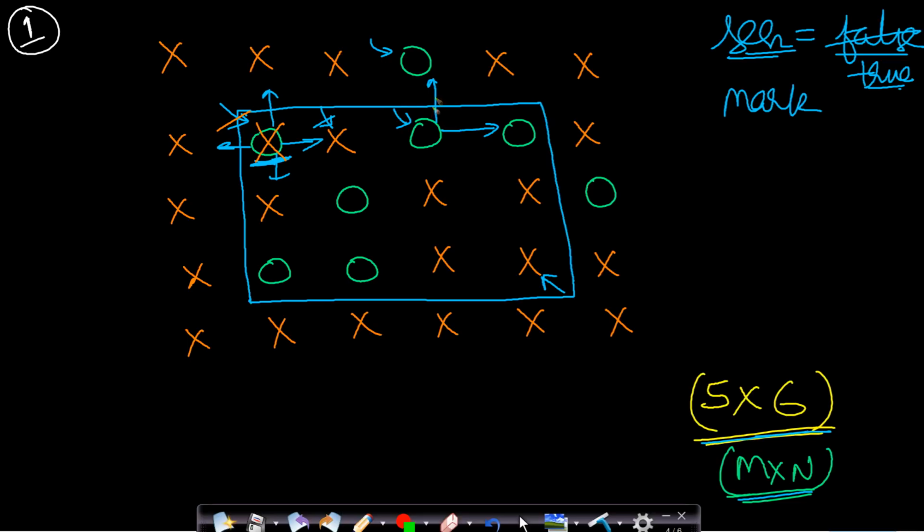Also in this method I have taken a visited array which will keep track of which nodes we have already visited, so that we will not be visiting them again. Will we make a call for this 0? No, because this will be visited.